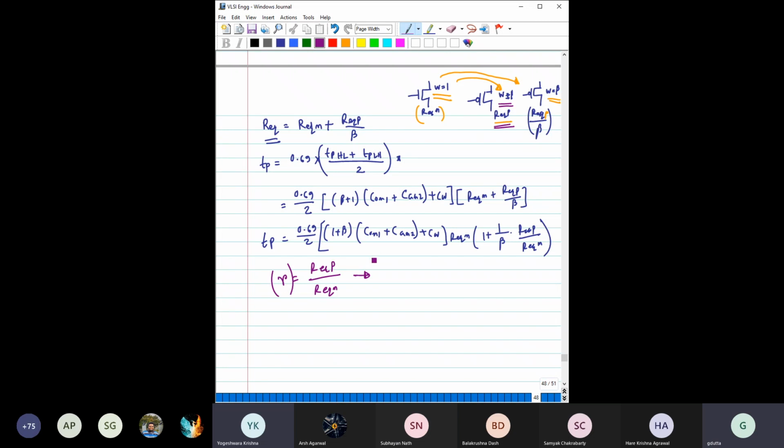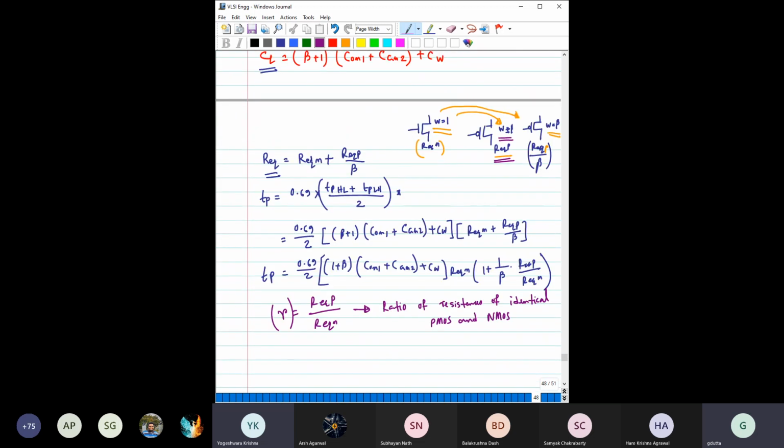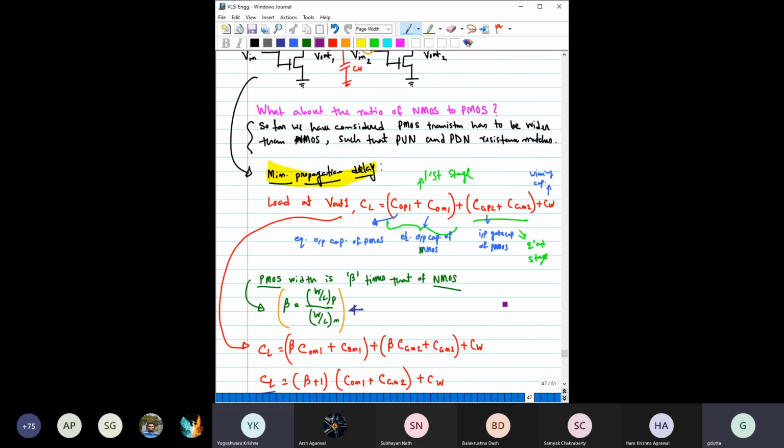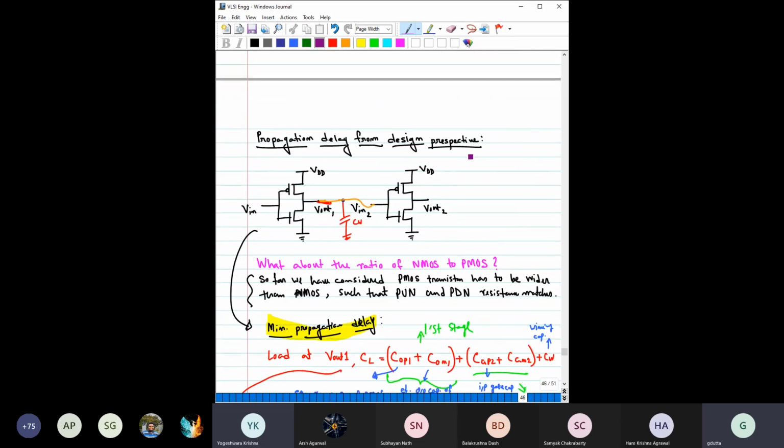Right. So basically this is the ratio of resistances of identical PMOS and NMOS. It is basically the resistance of identical PMOS and NMOS. So it is not the ratio of actual PMOS and NMOS. Okay, but let me tell you something here. Okay, suppose